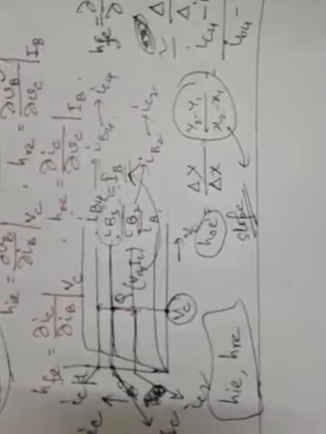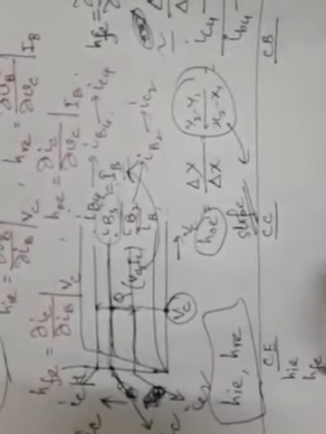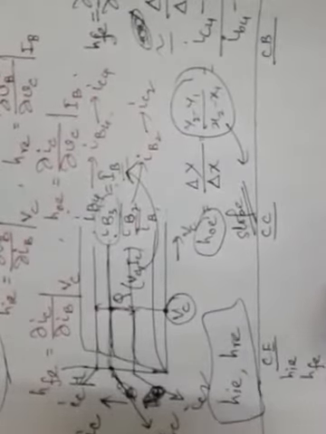Now let us see the conversion formulas of the three sets of H parameters. First we should draw a table for CE, CC and CB modes. You can derive the relations on your own, but I will just give you the expressions. Please try to remember these expressions for design purposes and to solve different numerical problems. In the common emitter mode, all four parameters are HIE, HFE, HOE and HRE.